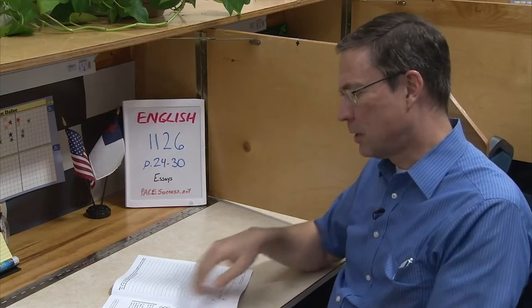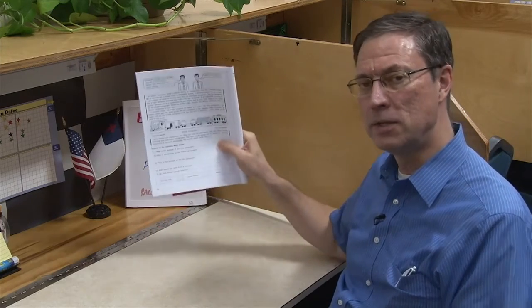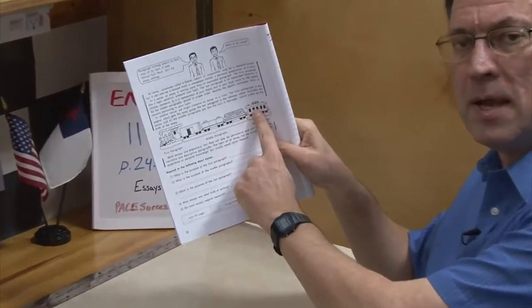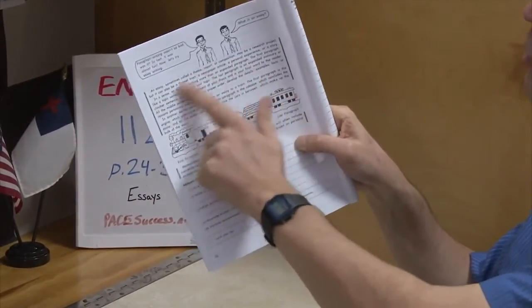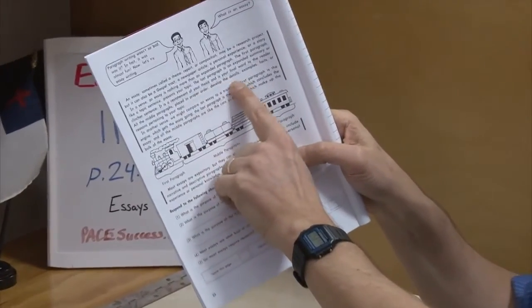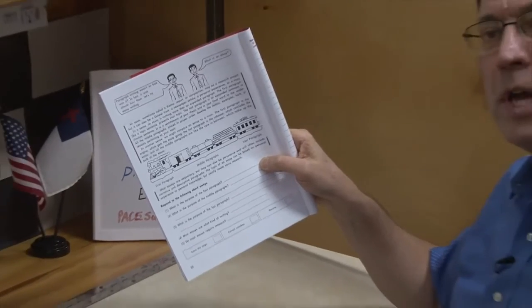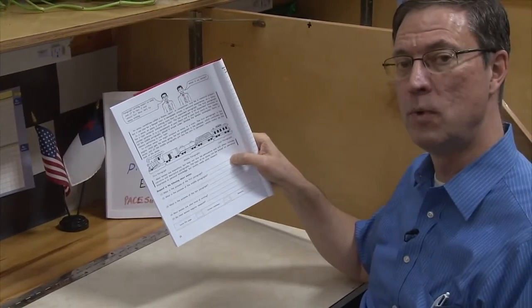Now let me give you some tips. Let's point out a couple of the highlights here on page 23. And they have a picture here of a train, okay? And in this paragraph, and it's important to read this, it points out that the essay is kind of like an expanded paragraph. So you could take one of the paragraphs that you've written about already in this pace and